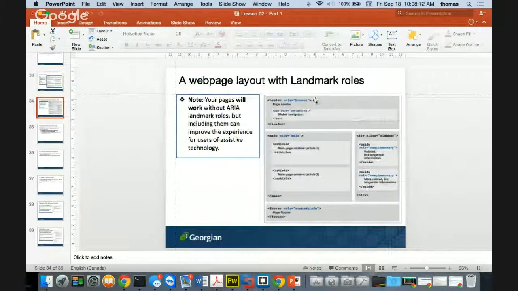Okay, and then again, this is an example with all the roles in place. The same exact layout with the roles in place. Will I test you on ARIA roles? I might ask you a question or two on your next test, and it's going to be very high level. Do I expect you to know everything about accessibility right now? No, we're probably going to go into it again in a little more detail in future courses, but it's definitely something